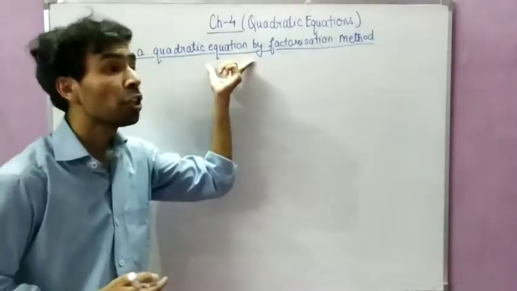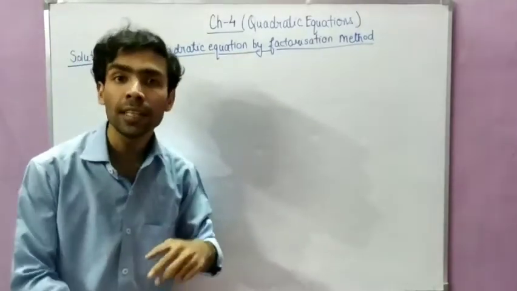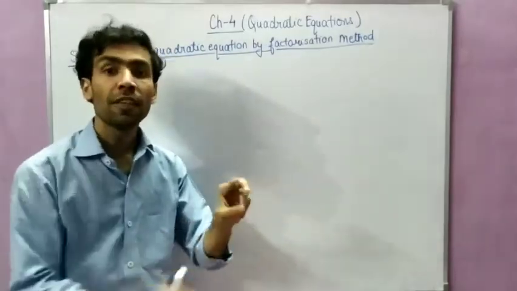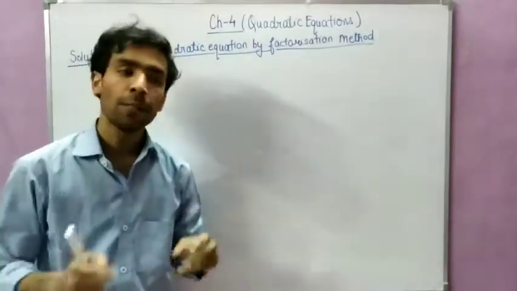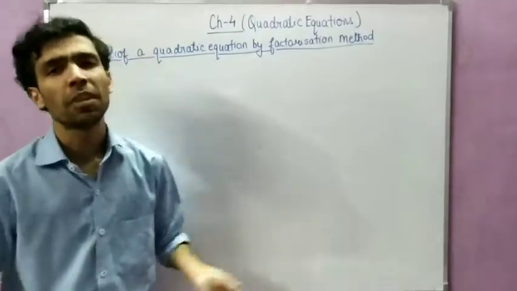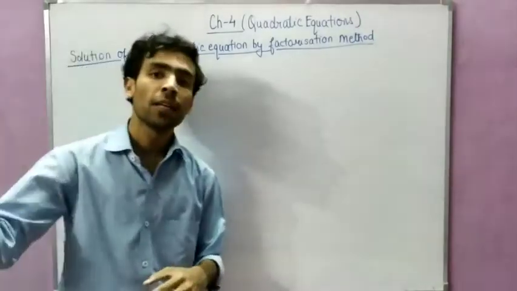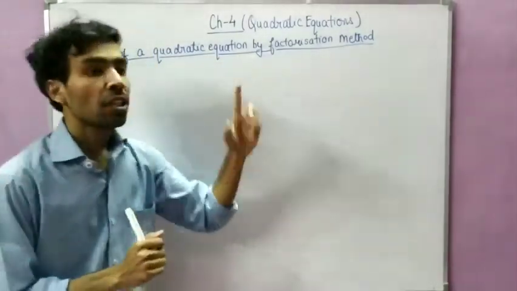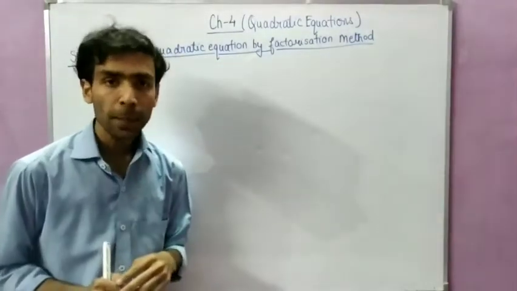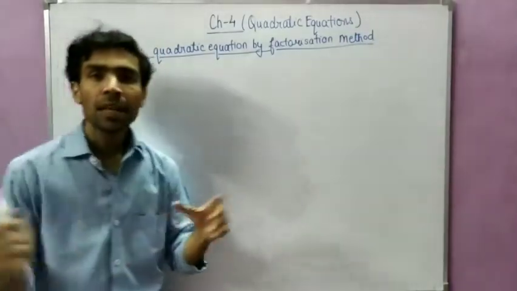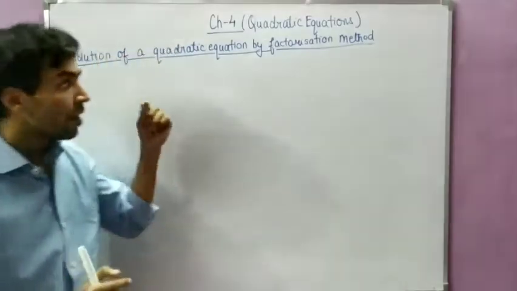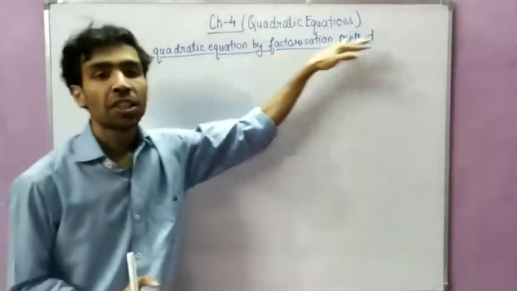And in case of a quadratic equation, how many values will we get? We will get two values, because it is a quadratic equation, so there will be two values of the variable, and both can be the same also, both can be different also. This thing will be clear in the later part. So right now you know a quadratic equation has two roots. Okay, and there are many methods to solve a quadratic equation. So out of many methods, first we are studying the factorization method.